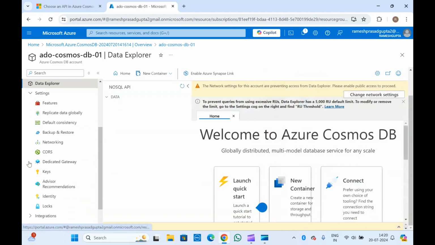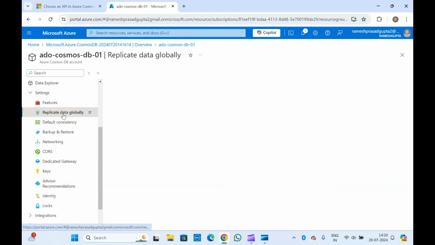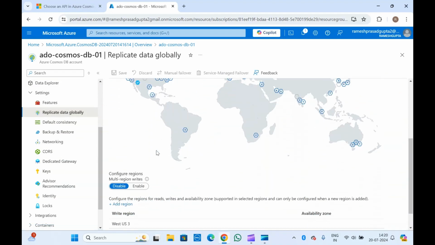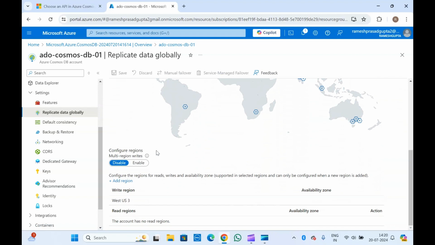Okay, after that, if you expand this setting, you get all the things related to this database, like replication and all. Since I have disabled it,